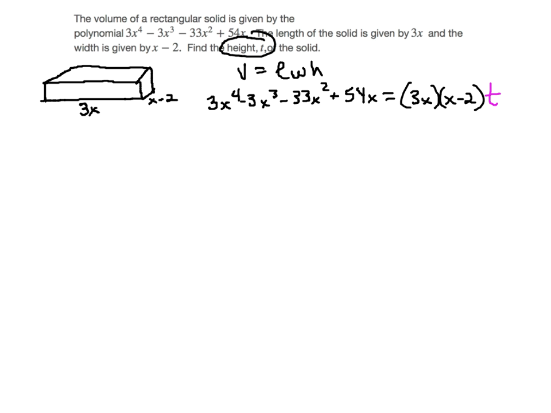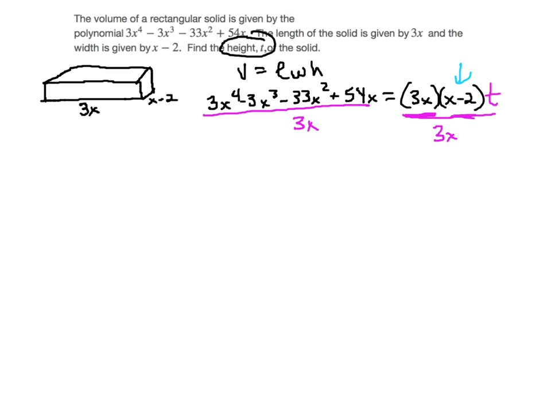So what I can do here, because the length, width, and the height are being multiplied to create that polynomial, if I can divide out the length and the width, then I'll be left with my height. So that's the only other thing that multiplied together to make that. First thing I'm going to do is divide everything by my 3x. I'm going to take that common factor of 3x out, because then I'll be left with a linear factor here that I can use synthetic division with. Okay, so